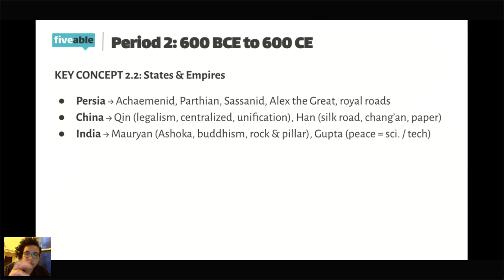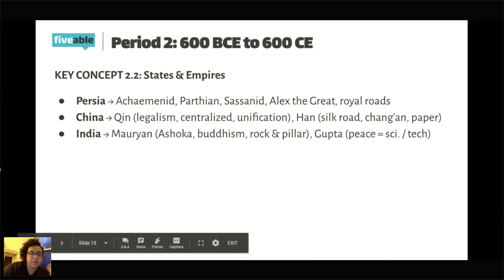Okay, from China, moving to India. Two major empires to know: the Mauryan and the Gupta, in that order. Ashoka was part of the Mauryan dynasty. This is where you get the real adoption of Buddhism, right? Ashoka becomes a Buddhist and rules with Buddhist values. He also uses rock and pillar edicts to then spread these